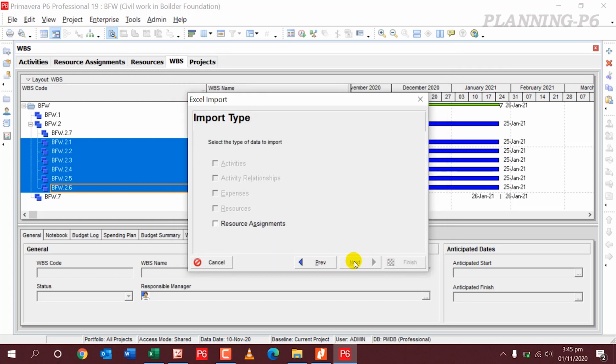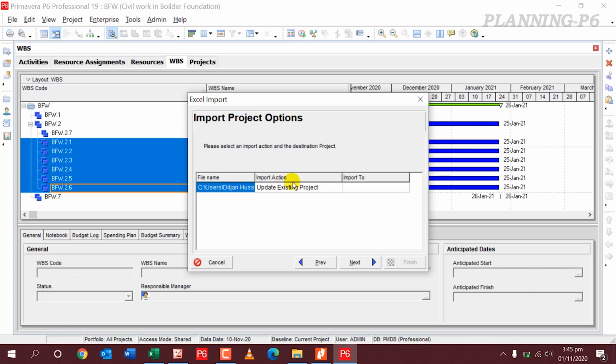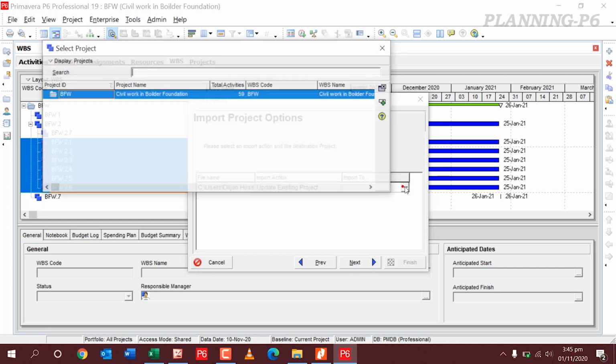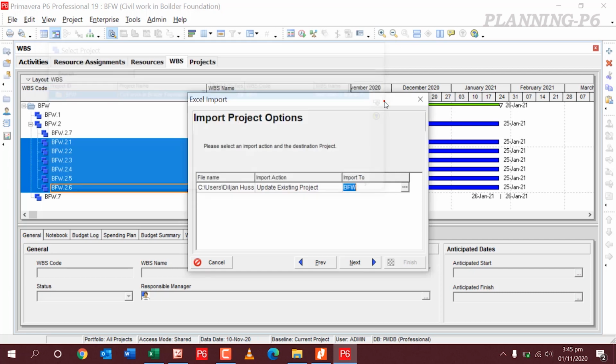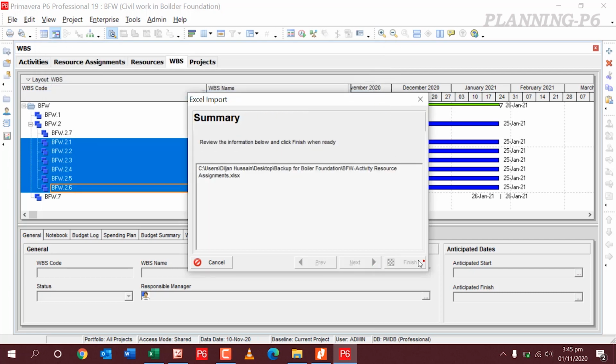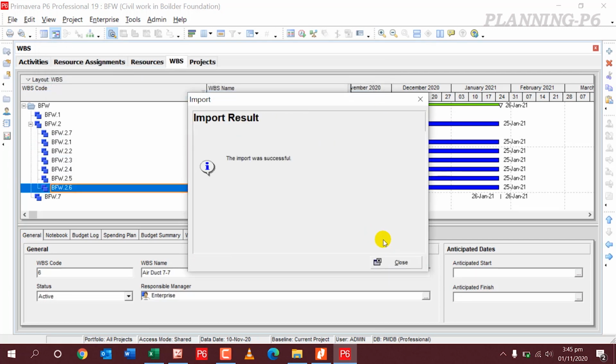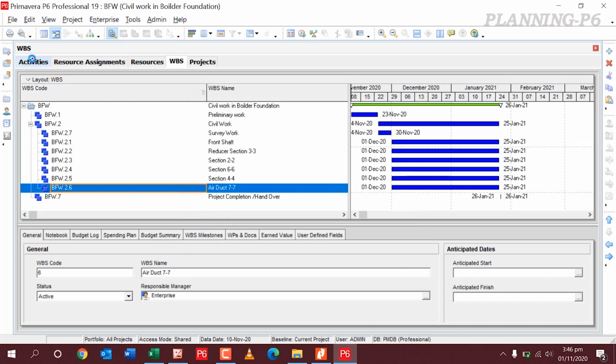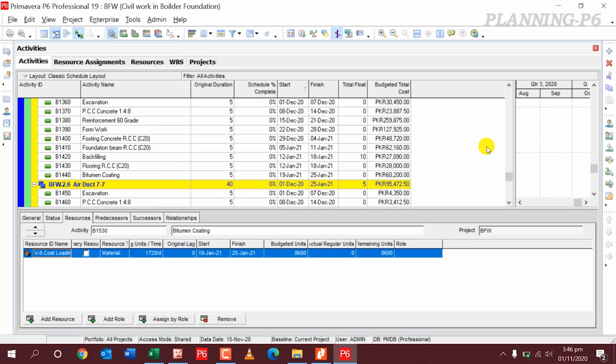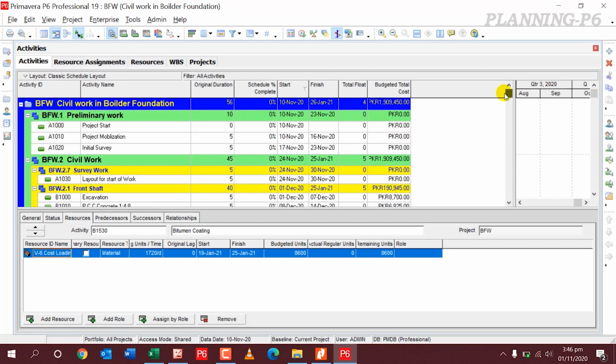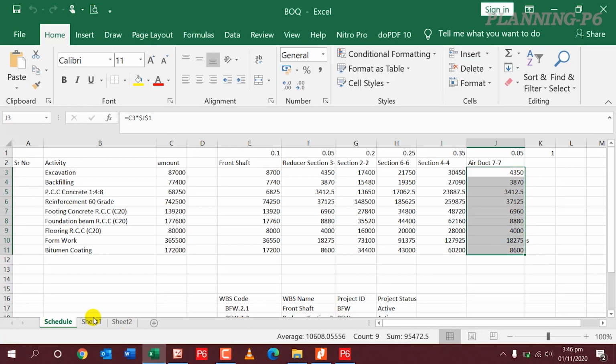Import to my 59 activities project. Now I finish it, close it, and go to activities. Here you can see I have added in PKR units, and the amount is 19,09450, the same as I calculated in my BOQ. So here you can get your total budget units.